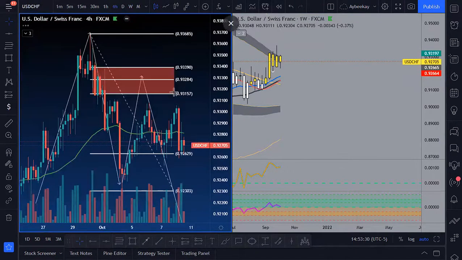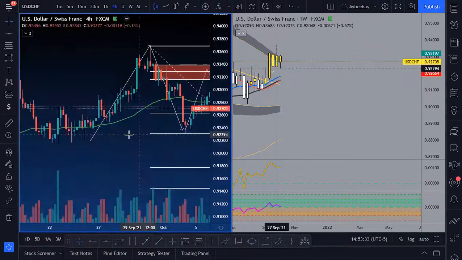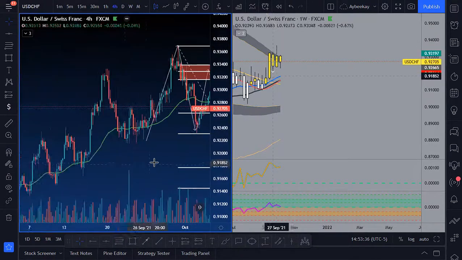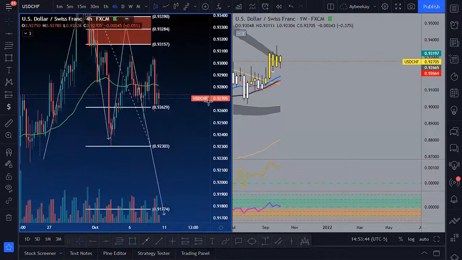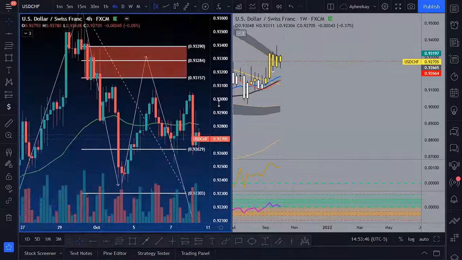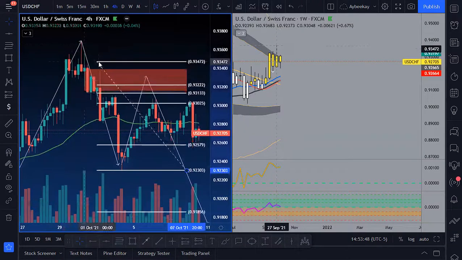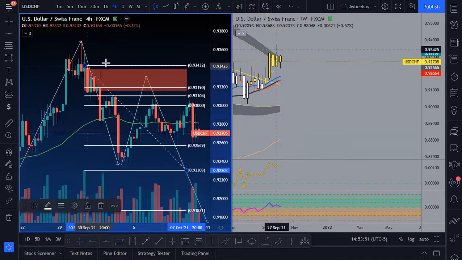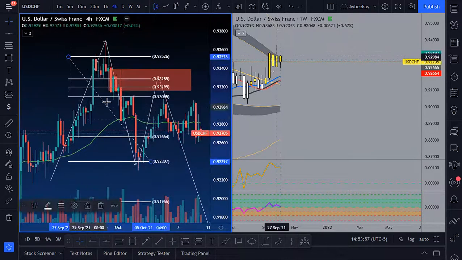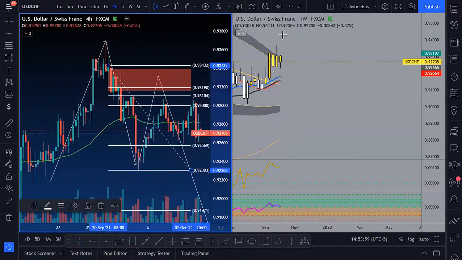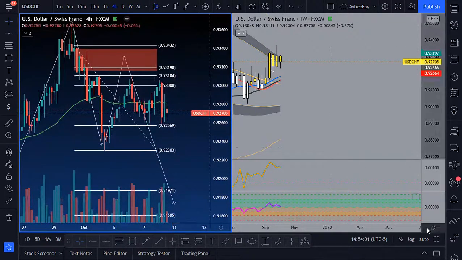On UCHF, what I wanted was that breakout impulsive move to the upside, fall, retracement, and then continue falling. That's what I originally wanted off of UCHF, and it kind of looked like it almost did it, but it didn't necessarily hit the full retracement, as you can see. I wanted to get that 71% fib retracement up to 93.100 at least.